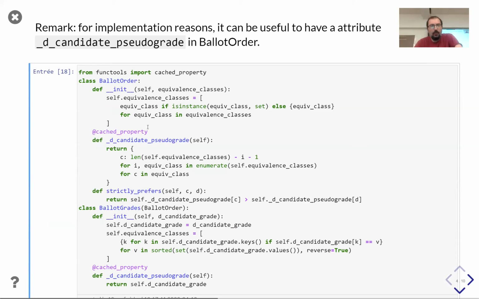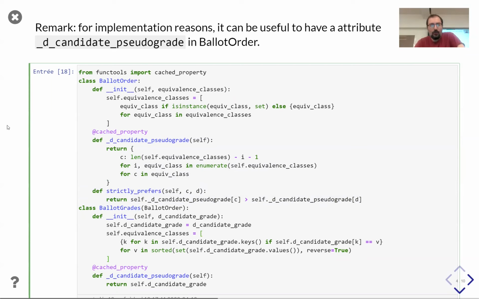So what you can do is to say that when you have a ballot order, you will have this hidden attribute, a dictionary that assigns to each candidate a pseudo grade in the way that we did before, and which will help you implement, for example, the function strictly_prefers, which is able to test if you strictly prefer a candidate to another one, because you just have to test the two values in the dictionary.